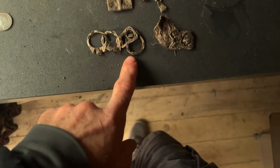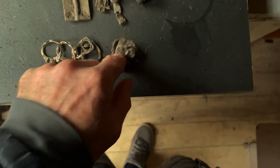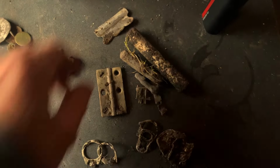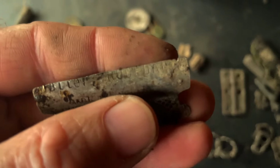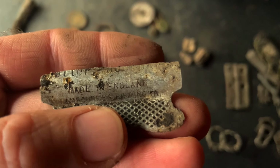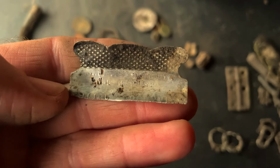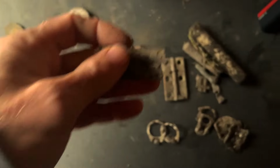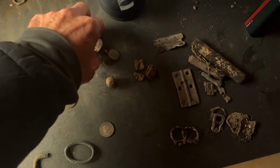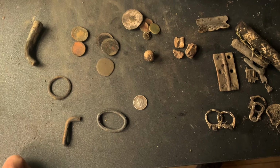Plenty of ring pulls, pull tabs, bottle top lids, nightmare. They are. Hinge, some scrap bits. This I thought was silver at first, and it's actually got my hometown on it. Scotch steel, made in England. Not too sure what it's off. I did think it was silver, but I've done the spit and foil test, and it didn't smell, which isn't the best smell in the world, but it's a happy smell when you're testing silver. That eggy